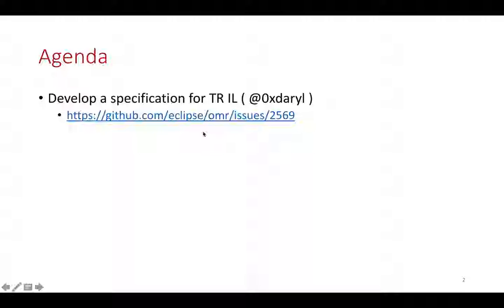Okay. Anything else around trees or blocks or CFG formations? No? Okay. And then